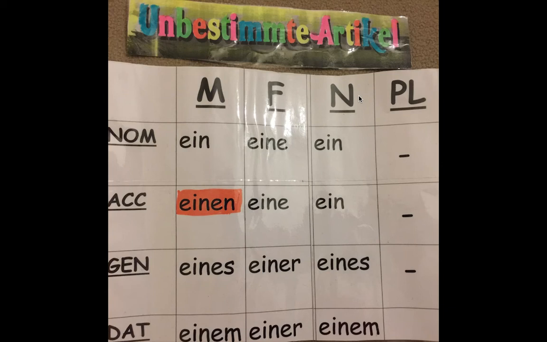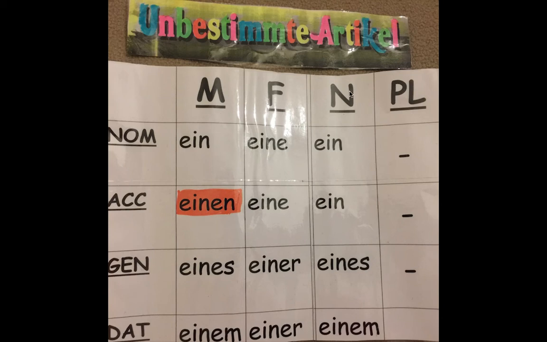For the indefinite article, which is a or an, we know in English you use an before any vowel, which is a, e, i, o, u, the five simple vowels. There are like 25, 26 vowels, linguistically speaking, in English, but the five simple vowels are a, e, i, o, u. So for the indefinite article, you have ein for the masculine, eine for the feminine, and ein for the